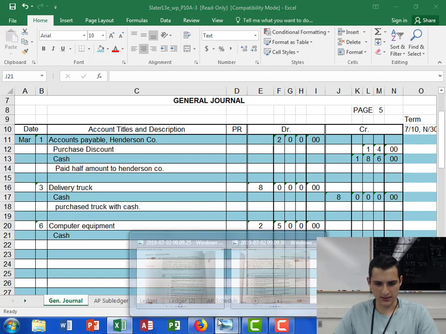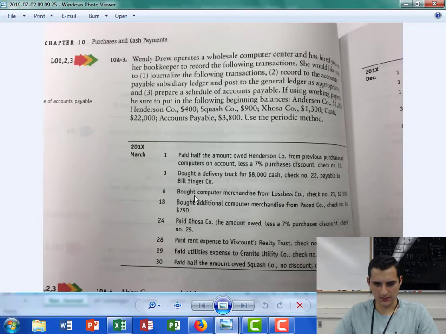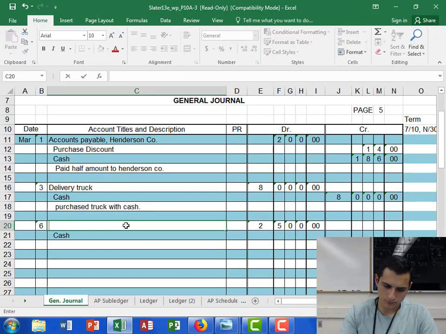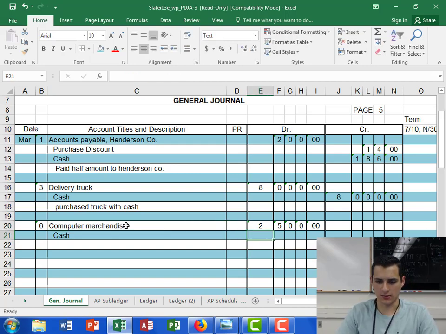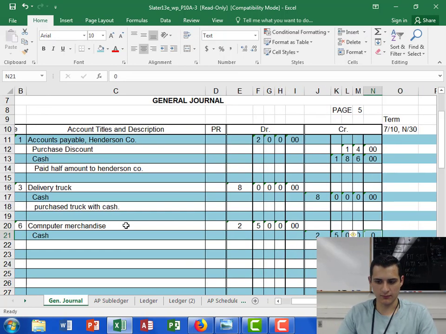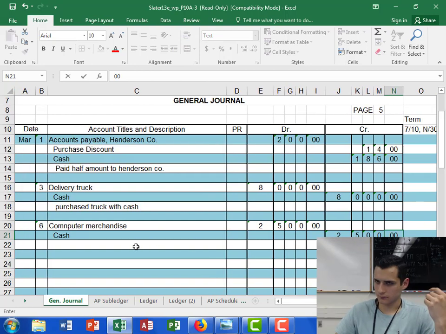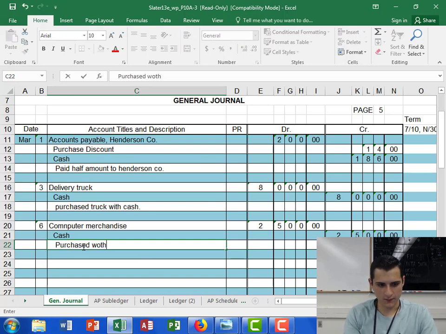I'm sorry, is that computer equipment? Sorry, computer merchandise. Computer merchandise. So in this case, you're selling merchandise. You're selling computers to people. So this could be computer parts, USBs, hard drives, memory disks, anything of that nature. And then you purchased